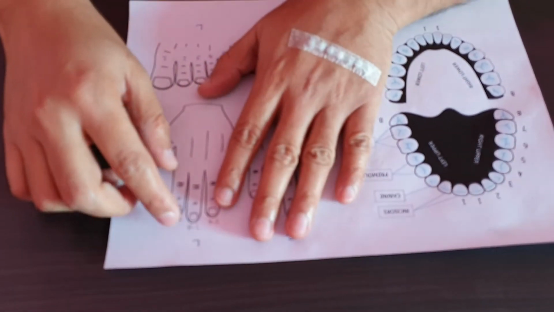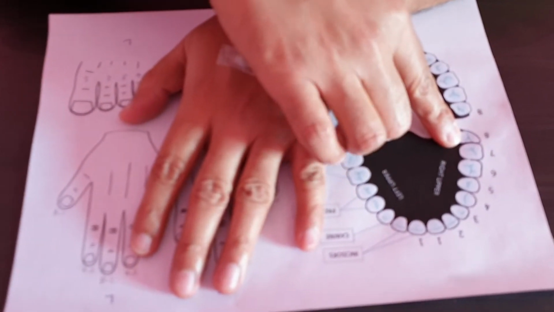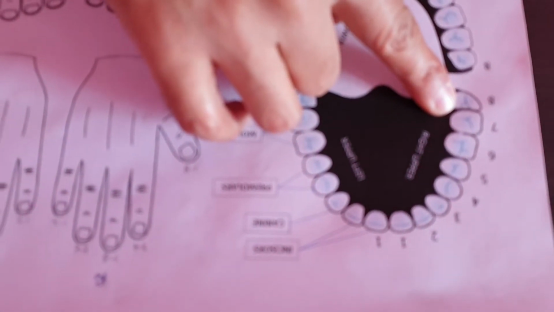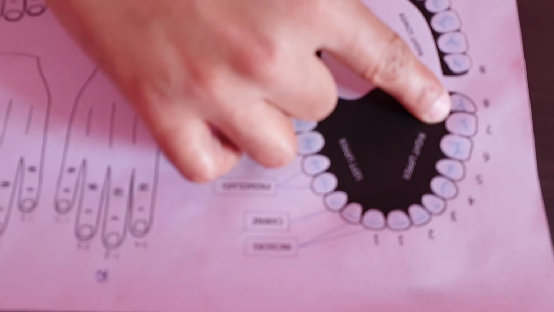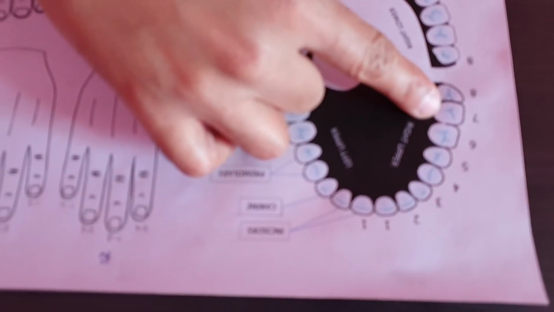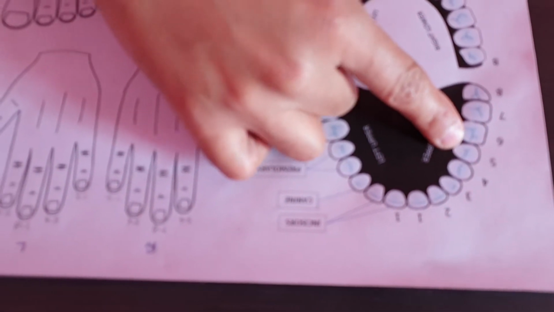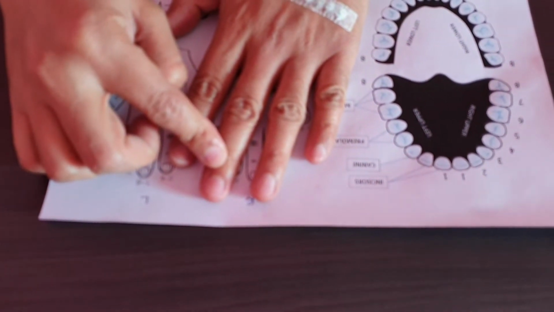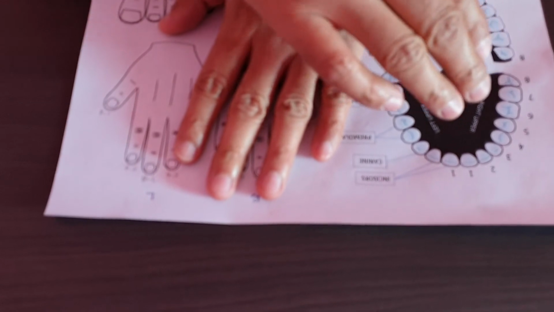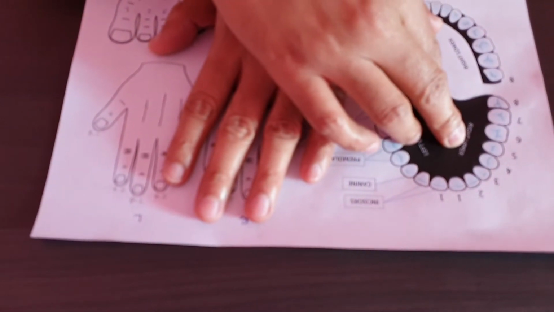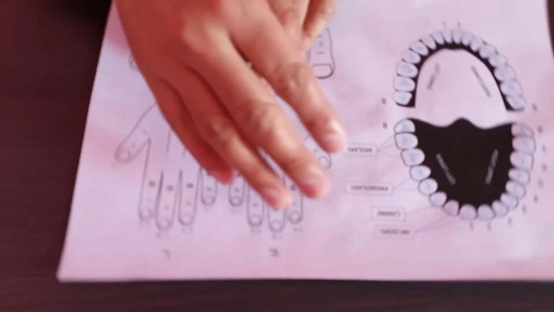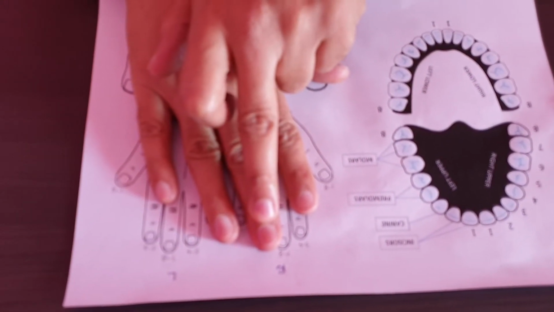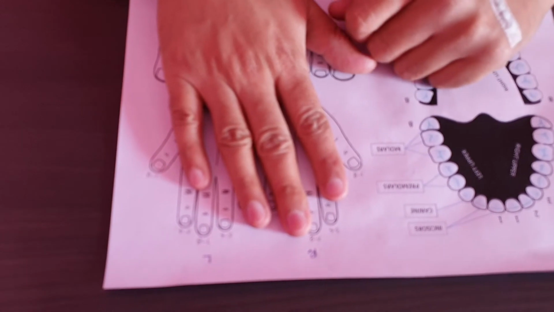So for example, if the pain is in the molar tooth, which is usually the common area affected in most of the cases, so for example, the pain is in the 8th and 7th, or maybe 7th and 6th, right? Treatment will be on the middle finger of that side. So if it's the right upper side, treatment will be on the right middle finger, nail. How to apply this?